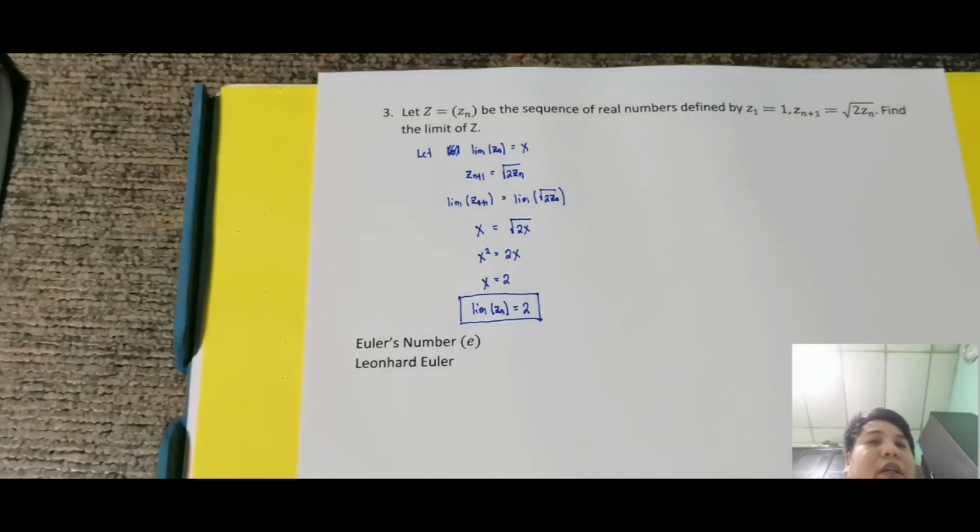So ngayon, ito si pi. So Euler's number naman, ito si E. So nasabi ko rin to. So mas familiar kayo dito dahil kay calculus. Okay. So si Euler's number, which is represented by E, ay na-discover ni Leonard